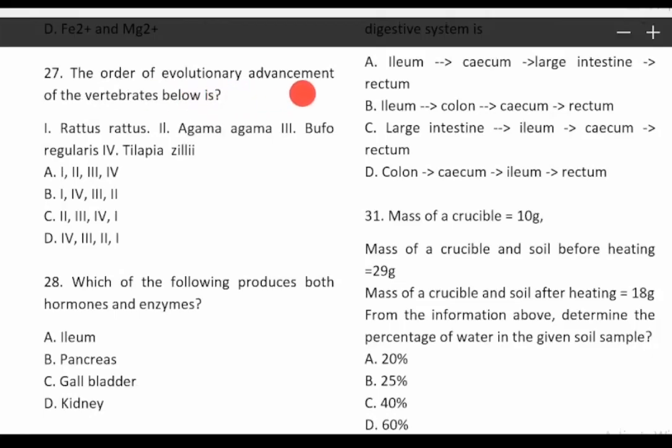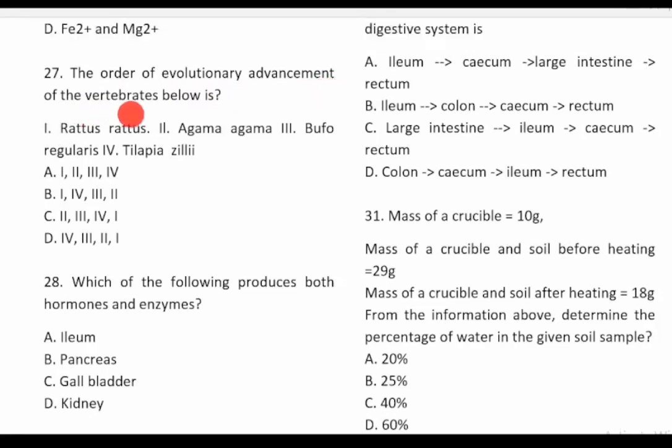And then question 27. The order of evolutionary advancement of the vertebrates below is Ratus ratus, Agama agama, Bufo regularis, Tilapia zele. Now when we look at this particular question, we find out that the answer is going to be option D, which is going to be the Tilapia zele, the Bufo regularis, the Agama agama, and the Ratus ratus. Why? Because